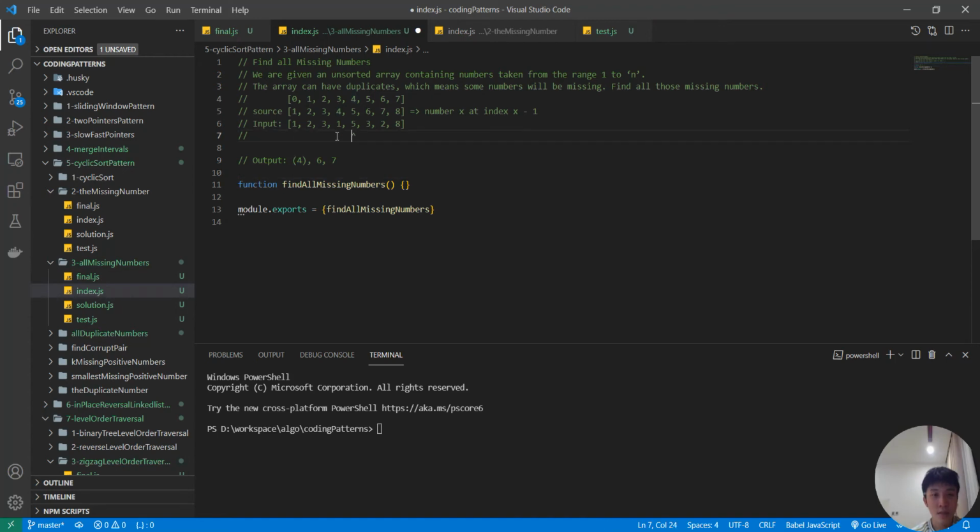Okay, the next one, 5 is correct. 3 is not correct. There should be a 6 here instead. So 6 is the next missing number. 2 is not correct, so 7 should be here. Okay. The next number is 8. 8 is at the correct position, so we're done